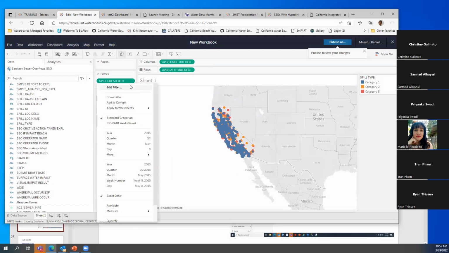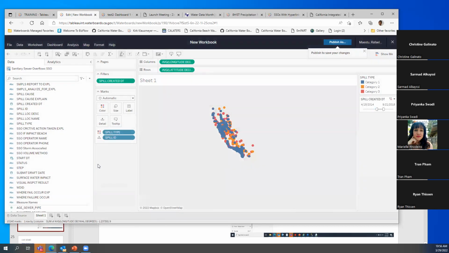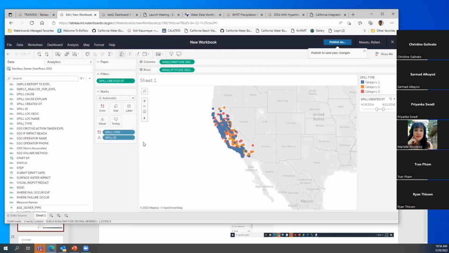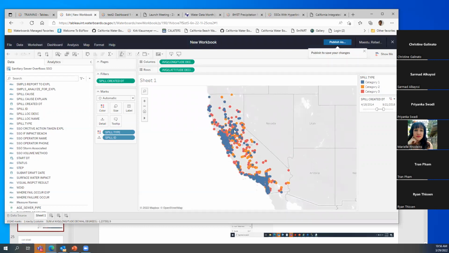You can show the filter, and then you can just move these filters, showing the spills that were between these 2 days. So again, it's a very powerful tool. If you can envision it, you can actually build it. But for me, the key is that very quickly you can start producing maps that can be very sophisticated.